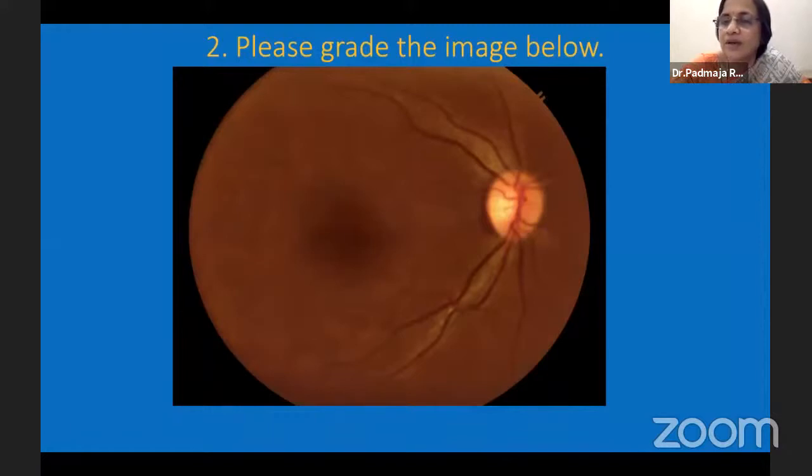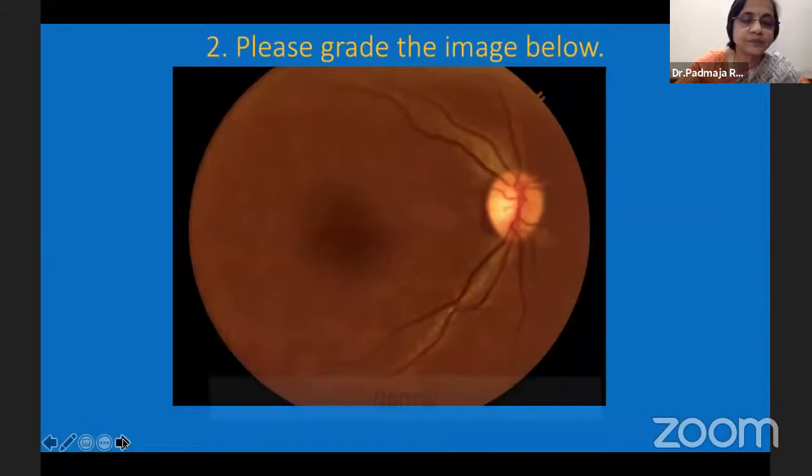Everyone is, I think, very good. Someone said that it is normal. Yes. And one needs to understand that in a normal patient, don't forget the disc, as the disc should also be normal. We have attended the diabetic retinopathy workshop and we learned to grade also, but we should not forget the disc. Disc also should be normal. And what you see, this yellowish reflex, is actually the nerve fiber reflex, which is normal.